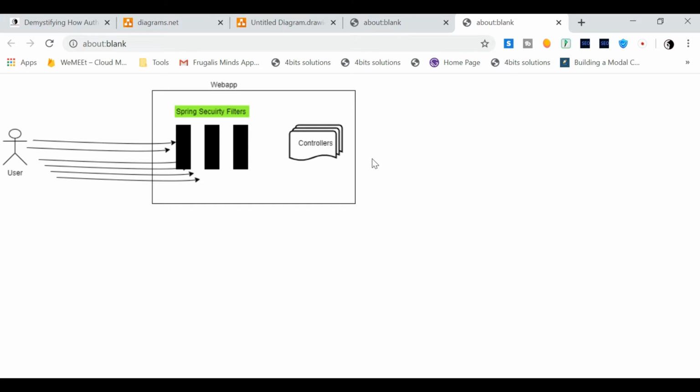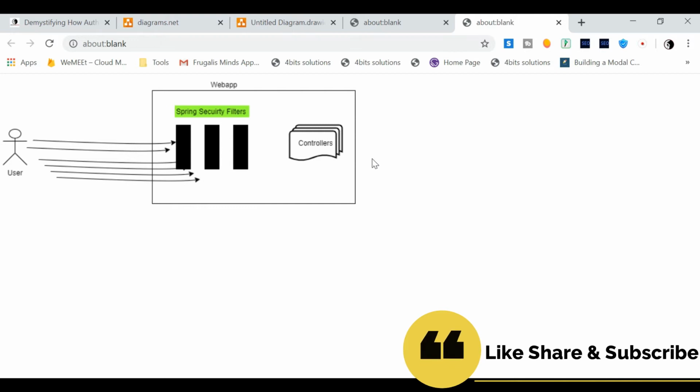It has its own set of filters that it registers. Once it registers them, your requests will be intercepted by these filters, each and every request. Once the requests are intercepted by the Spring Security filters, there has to be some validation, some authentication mechanism that has to be followed by Spring Security.